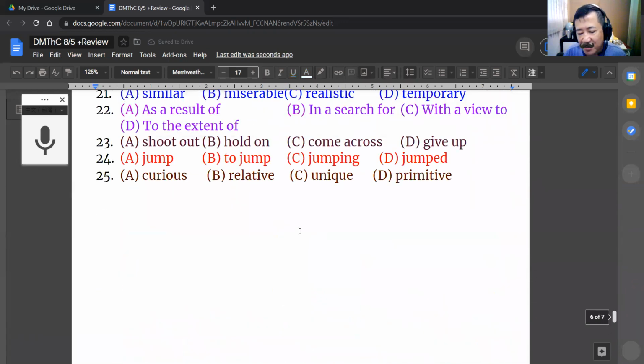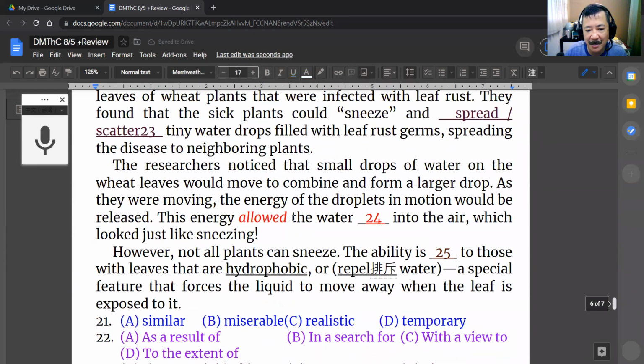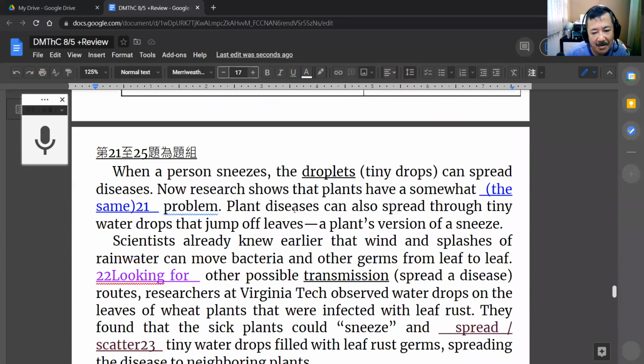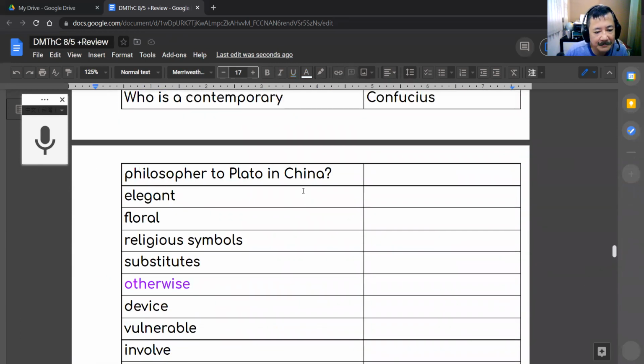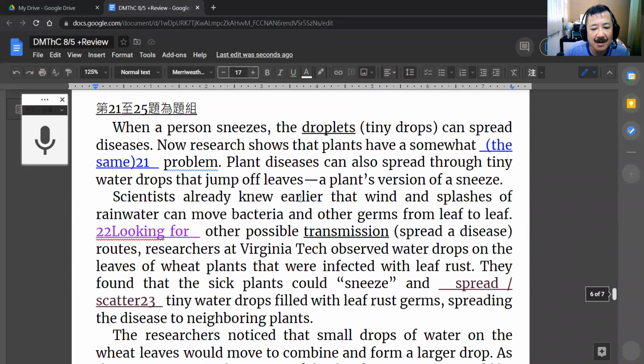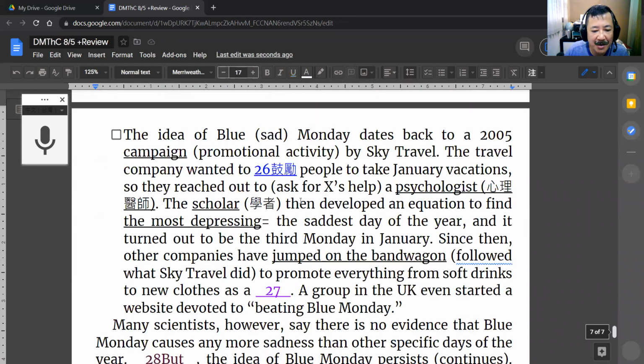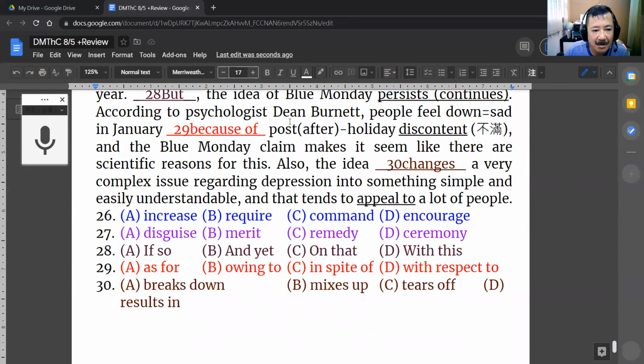Okay, I went over time. I always get too excited about explaining all these words. But don't worry, try to get the answers. I'm going to post these online so that you can do the questions if you have time today.